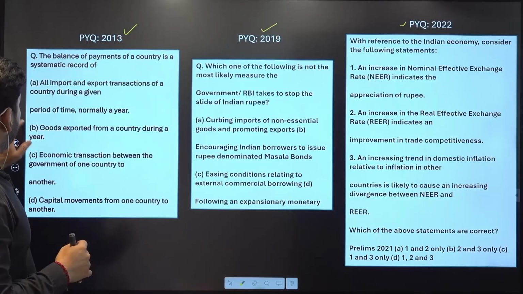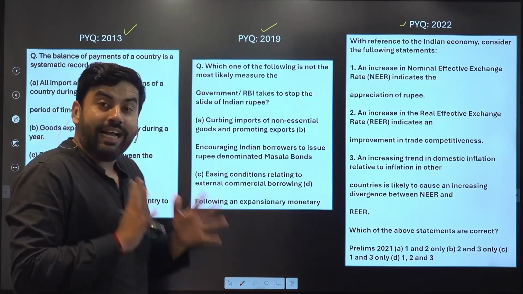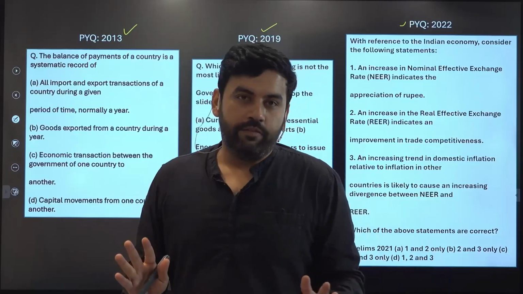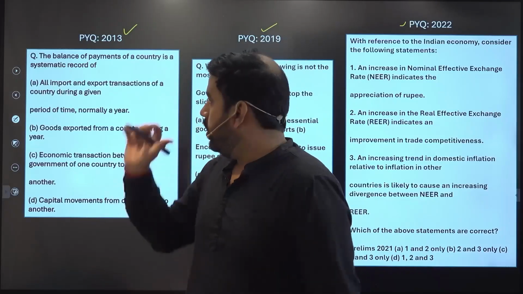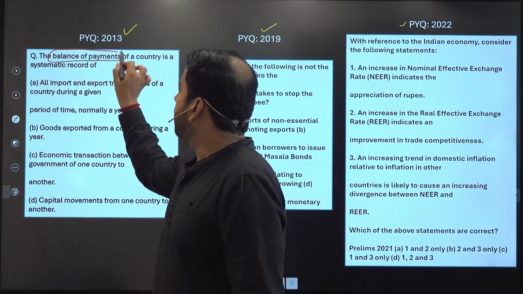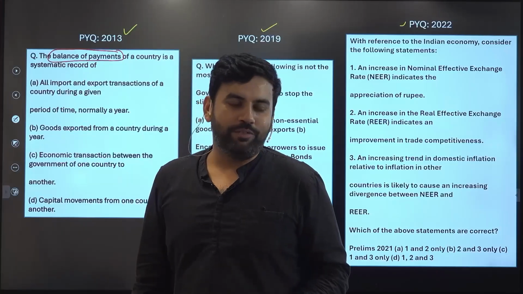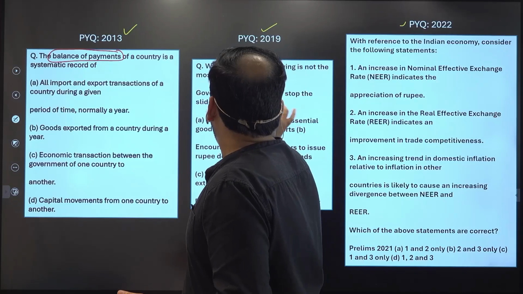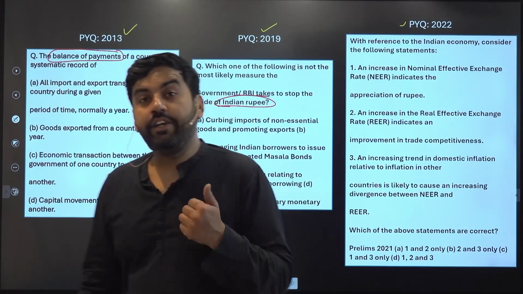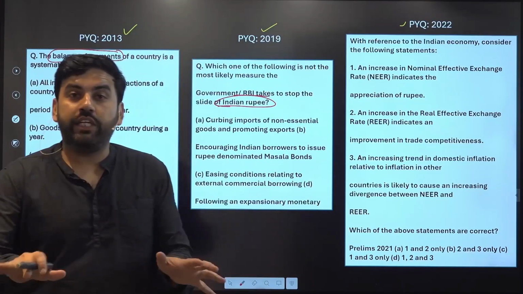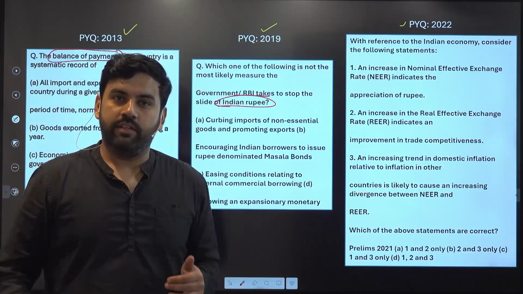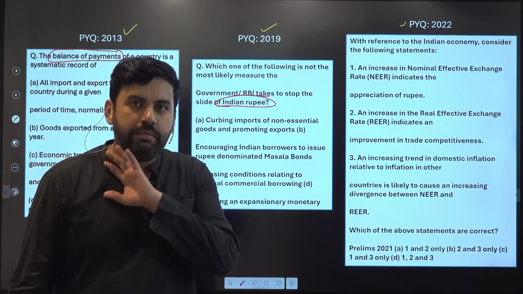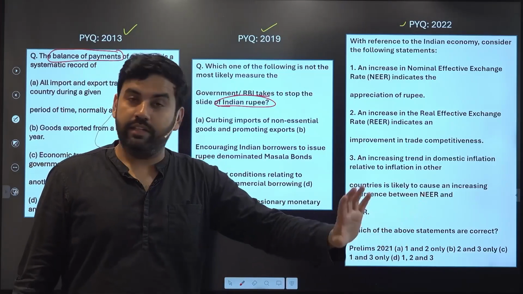Going through these specific prelim questions will give you guidance. As I told you, the syllabus in prelims is not the guide for you. PYQs are. Now look at this question. This question is asking on balance of payment, the most important component of the external sector. The second one is with respect to the RBI and the Indian rupee, that is the exchange rate, forex or foreign exchange reserves, the Indian rupee.